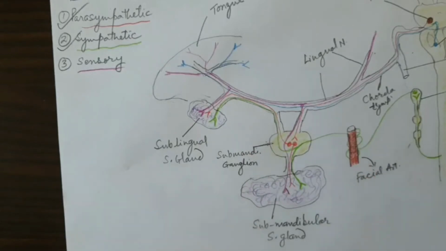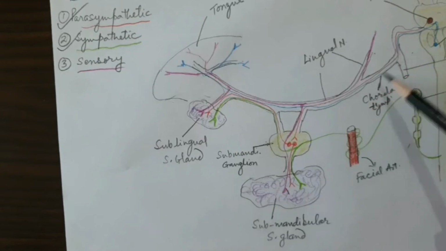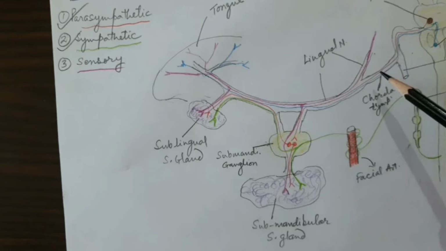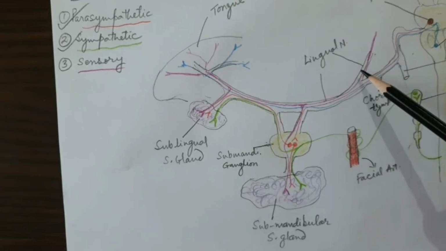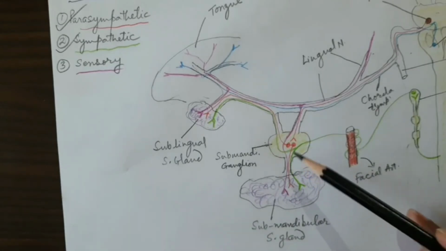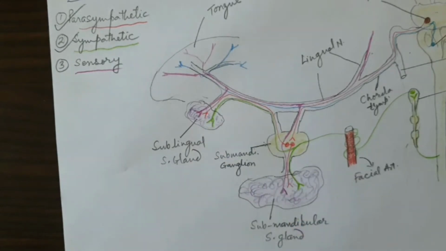It could have gone directly also, but then this is the economy. The parasympathetic fibers also, though they belong to the seventh cranial nerve, the facial nerve, have jumped from facial to the chorda tympani to lingual, and from lingual they have come a long way to the ganglion, and then ultimately postganglionic to the two different glands. And that's why this is the economy for the passage of the fibers, both sympathetic and